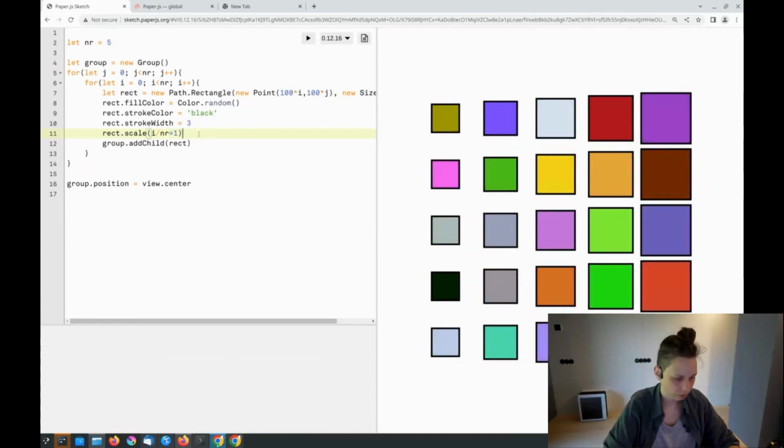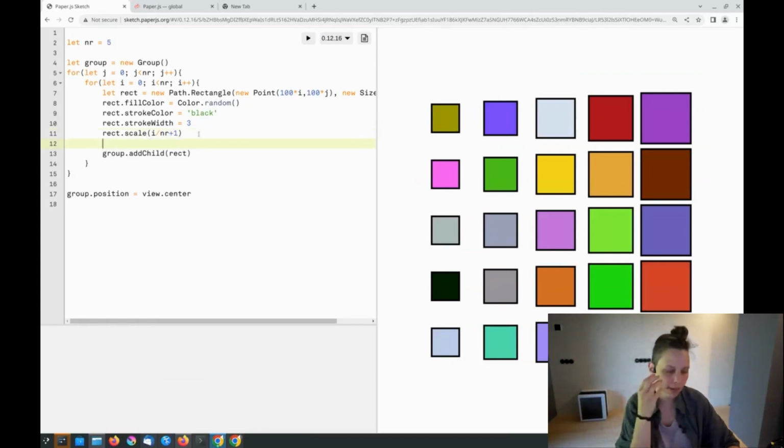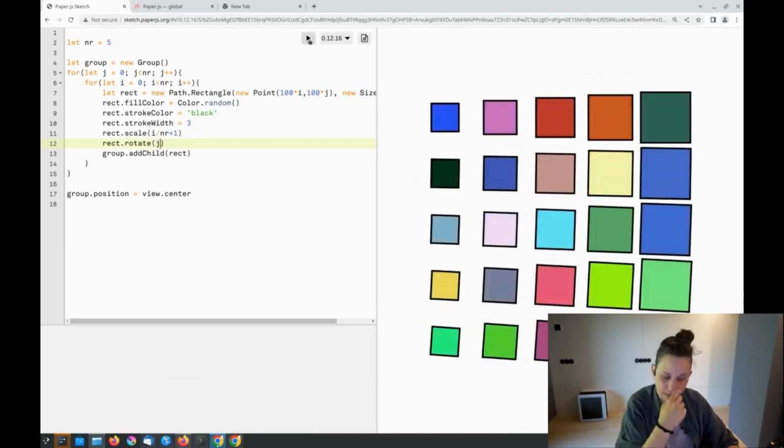Another thing that we can do, we already had a rotation thing, so we could let them rotate more the more they go to the bottom, for example, and say rotate. What do we want to do? Let's see. We have our J, and of course, this does not do much because we only end up with a rotation of 4 degrees. That's not much. We could crank this up a bit to 10, so we have 40 degrees. That is, I think,